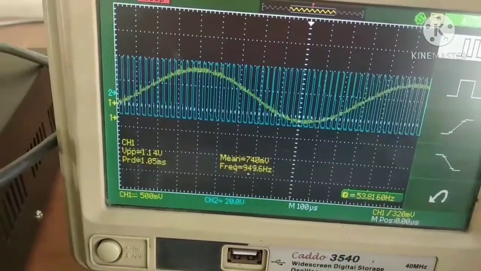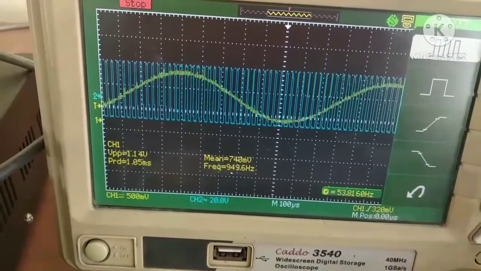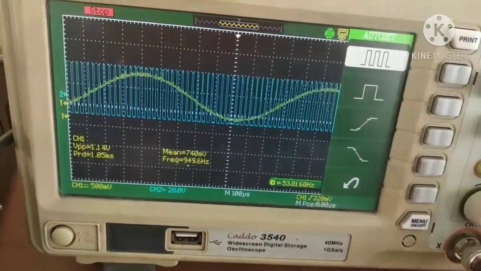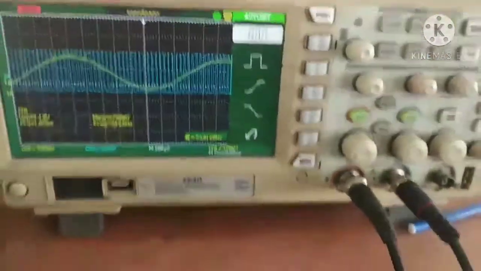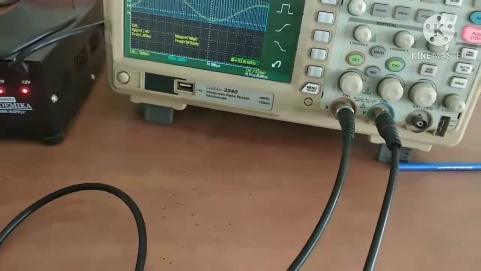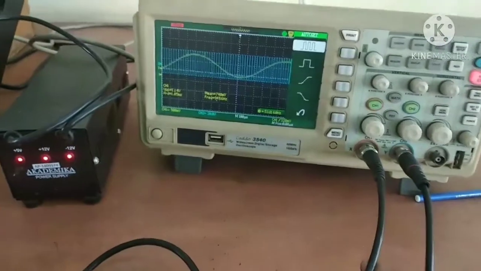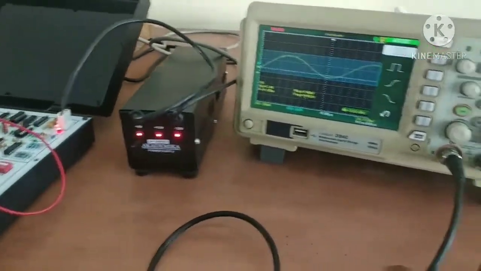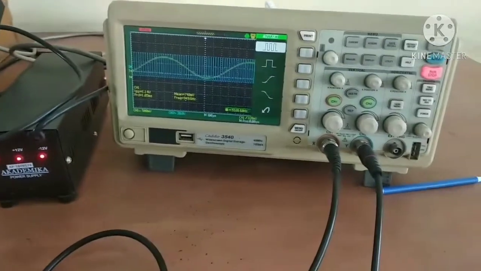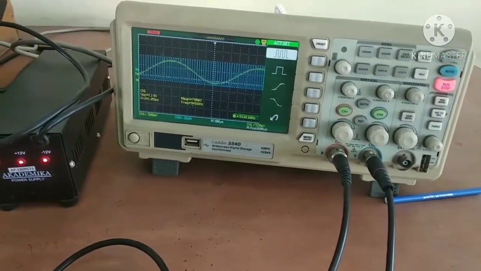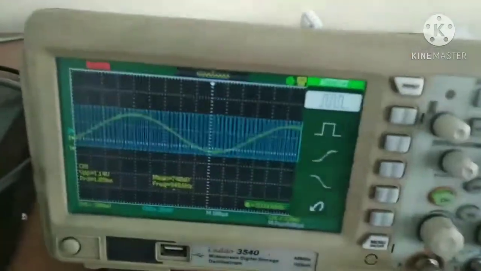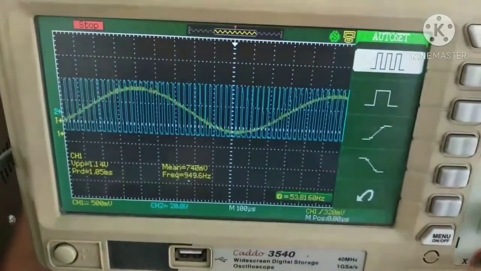This is the combined signal, modulated signal and message signal on the same screen. To observe them in the same manner, we require two probes, because this is a two channel DSO. Channel 1 is connected to the message signal and channel 2 is connected to the modulated part. Then we observe the signals in the same position.